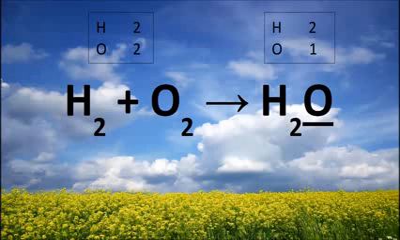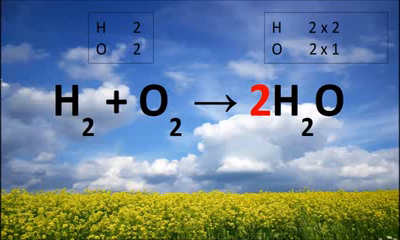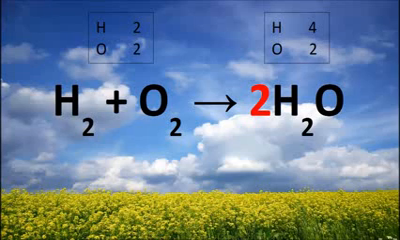To do this, we simply put a 2 in front of the compound H2O. This now gives us 4 hydrogens on the right-hand side and 2 oxygens. We have balanced the oxygens now, we have 2 on either side, but we have too many hydrogens on the right-hand side. We have 4 as opposed to 2 when we started, which means we would have gained 2 hydrogens